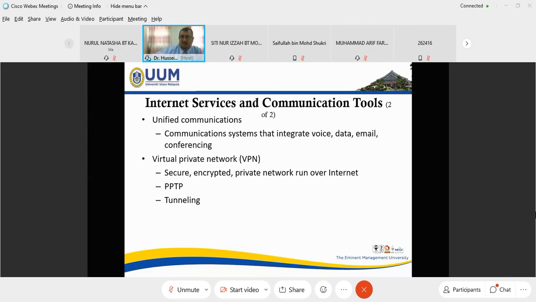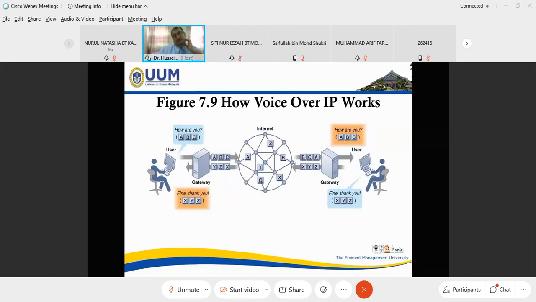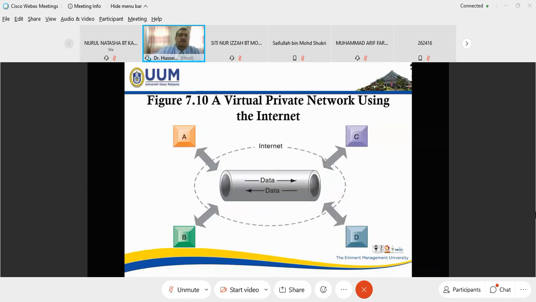I mean, there is a process for some people: they have to start to open the VPN and connect. This is the voice that could be connected. How does voice over IP address work? You are sending here, "How are you?" It goes through the internet via different packet switching to the destination, and he receives it. "He receives, fine, thank you." So this is done in a different way and you receive. This is the form of VoIP communication.